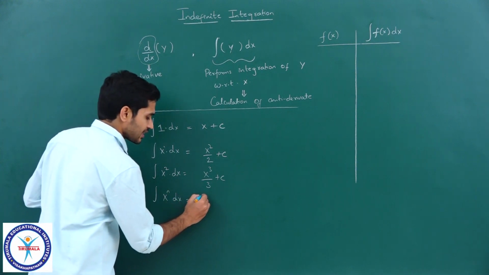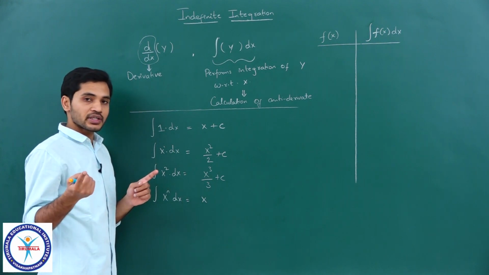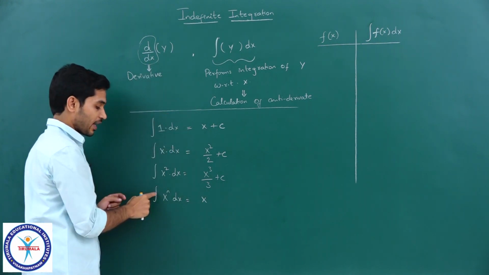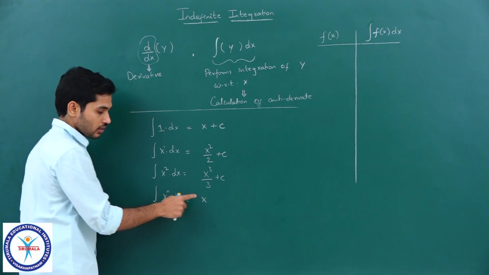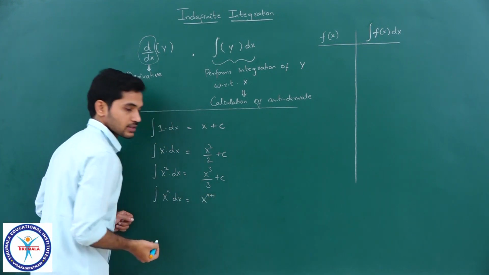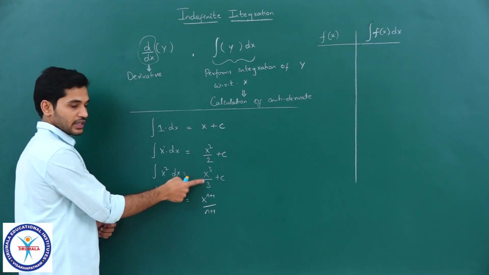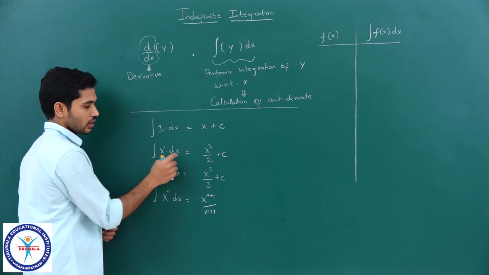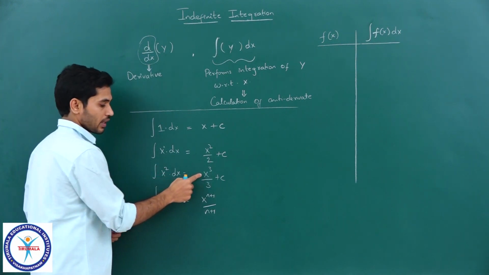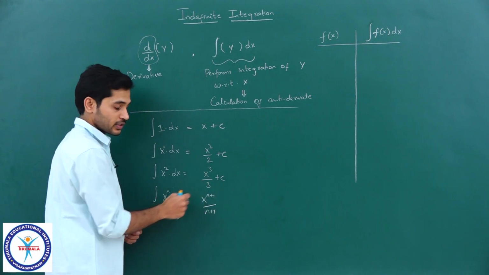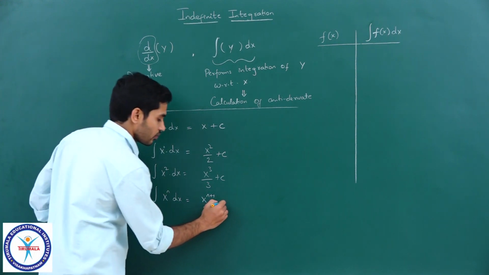Similarly, integral of x power n dx. We discussed this in the last class, right. Whatever the power is, remember when we differentiate, the power decreases by 1. When I integrate, the power increases by 1. So, if the power of x here is n, the power of x in the answer should be n plus 1, and I will divide by that same n plus 1. That is how we did everywhere, right. This is x power 1, x power 1 plus 1 divided by 1 plus 1; x power 2, x power 2 plus 1 divided by 2 plus 1; x power n, x power n plus 1 divided by n plus 1, obviously plus c.